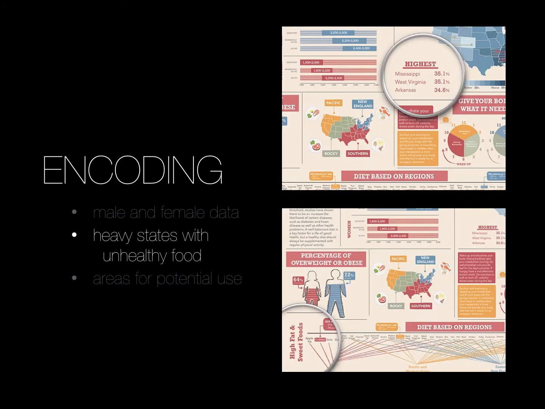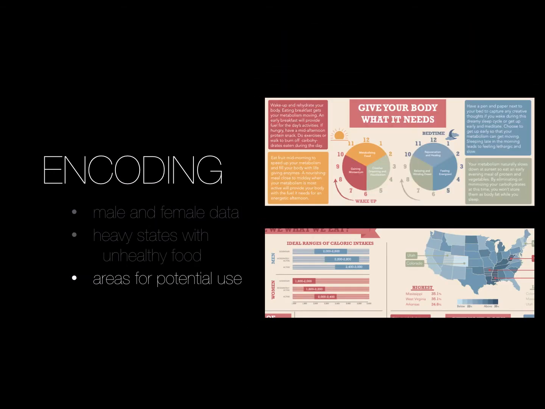Additionally, I encoded heavy and bad for you foods in red, and then counter to that, the healthier states and healthier foods are labeled in green to also encode some trends that way. An area that I feel like I could have used encoding a little bit better